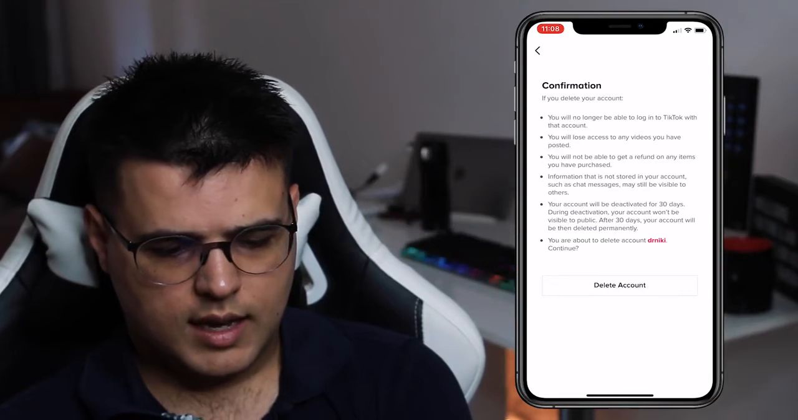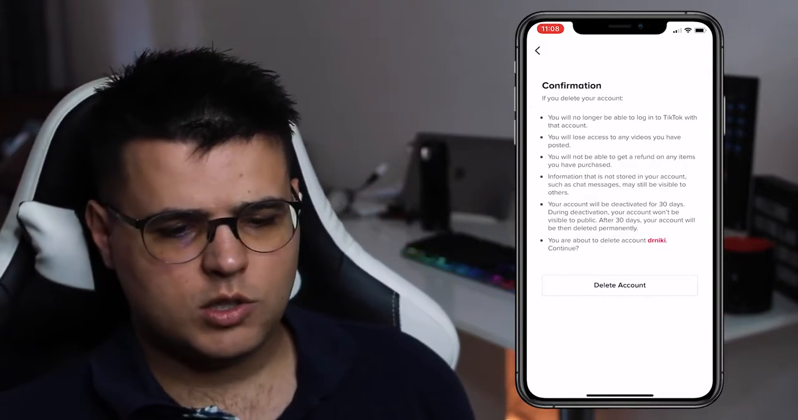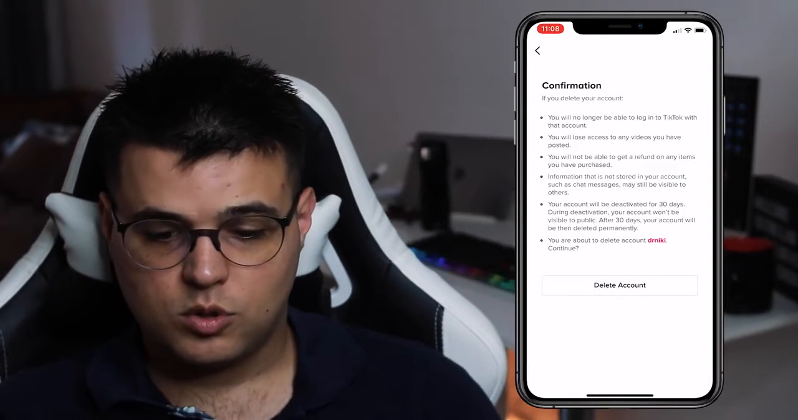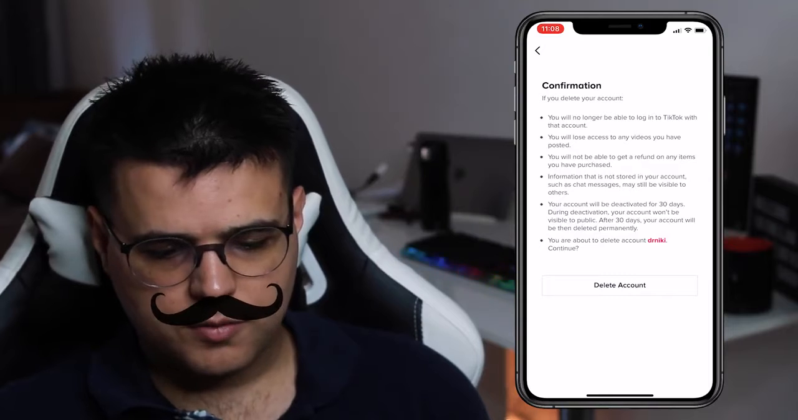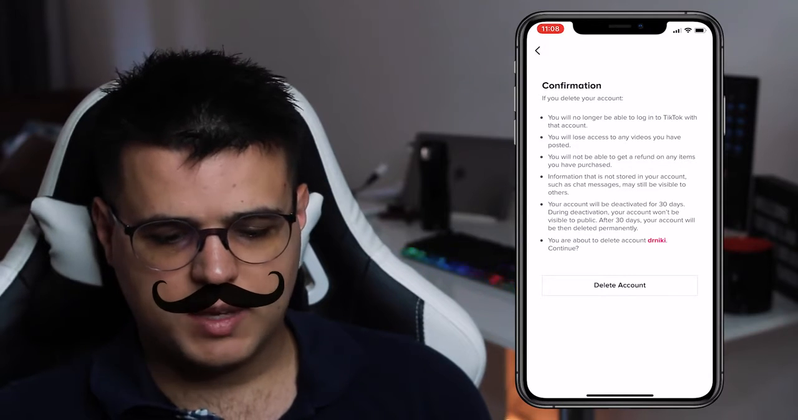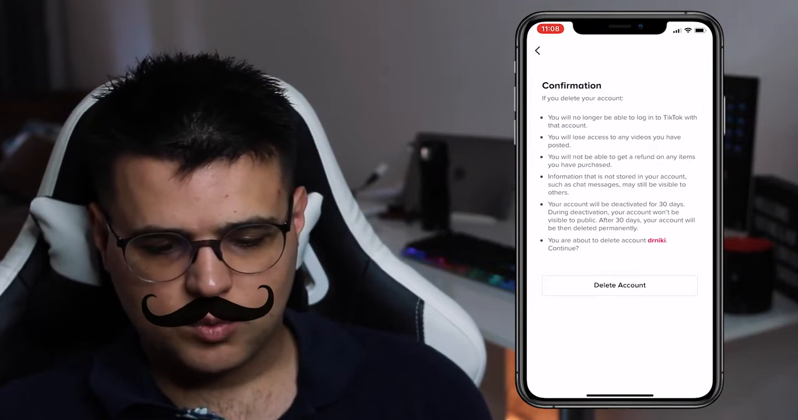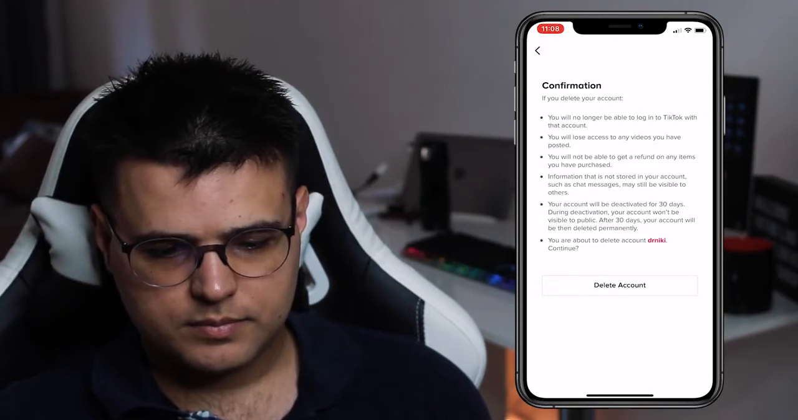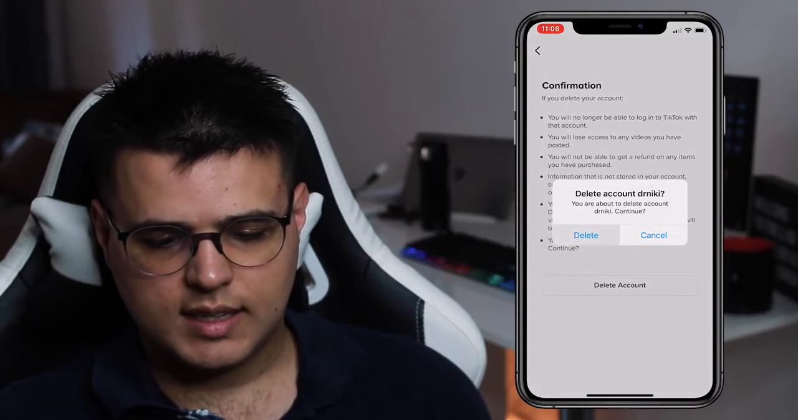Continue. And it says here, confirmation. If you delete your account, you'll no longer be able to log into TikTok with that account. You'll lose access to any videos you have posted. You'll not be able to get a refund. Your account will be deactivated for 30 days. During deactivation, your account won't be visible to the public. After 30 days, your account will be deleted permanently. Right? So if you click on delete account and click delete,